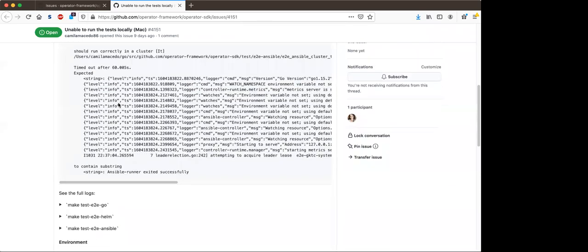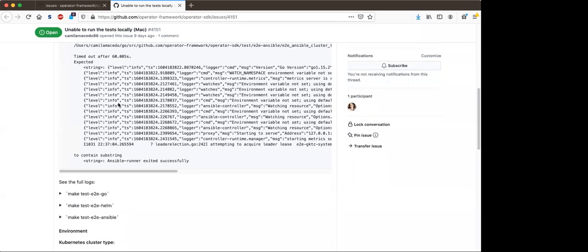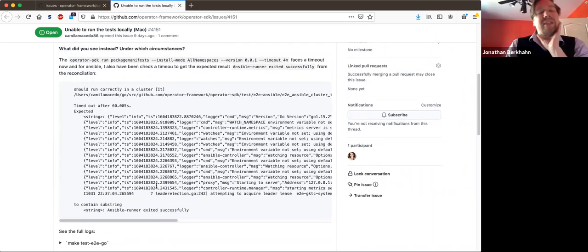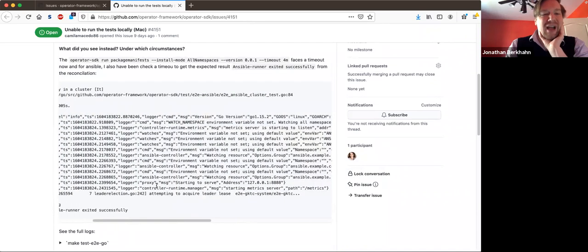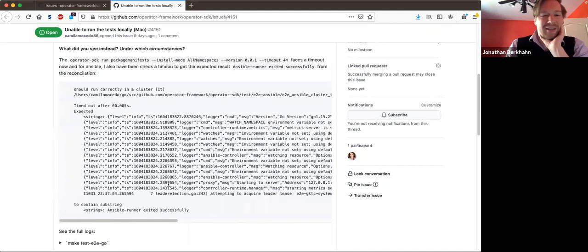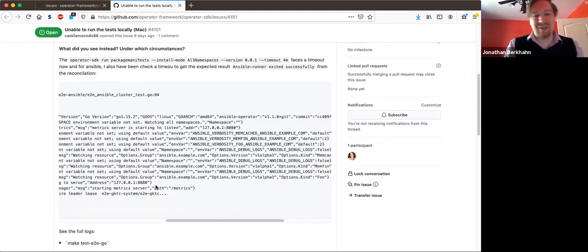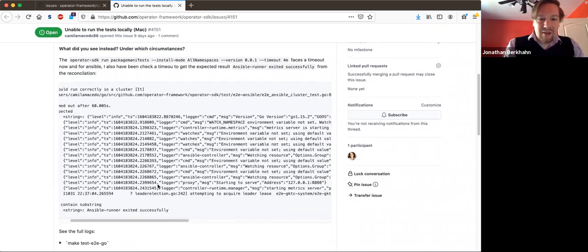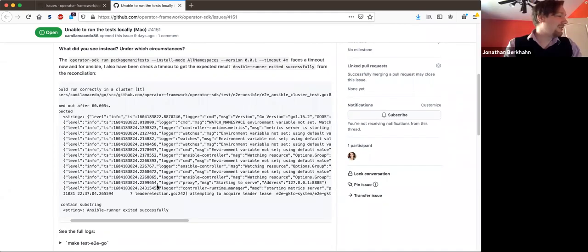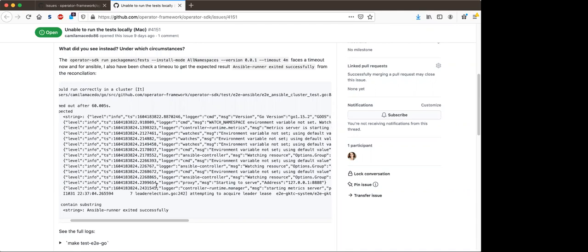I wonder if there's something related to the fact that on a Mac, you're running Docker within a separate hypervisor and then running kind within Docker. That's the only difference I can think of. I've executed things involving kind on my Mac, and it's worked fine. Not our stuff, not Operator SDK stuff, but I've done kind tests before, and I don't remember having to set up anything that was Mac specific or an edge case.